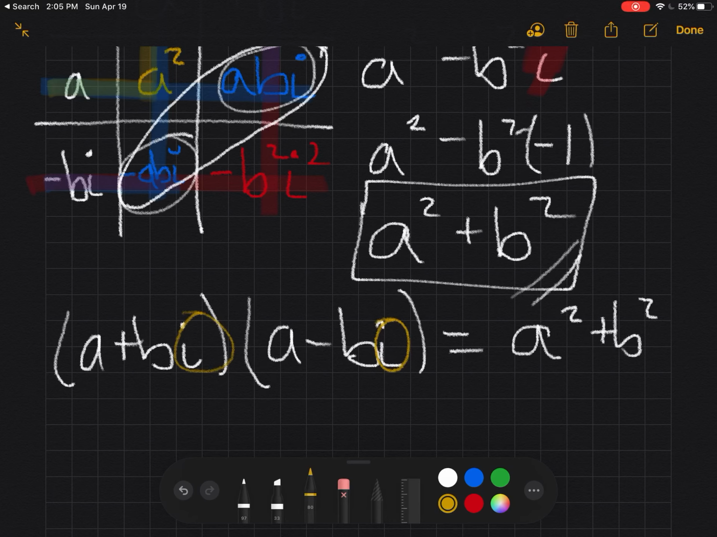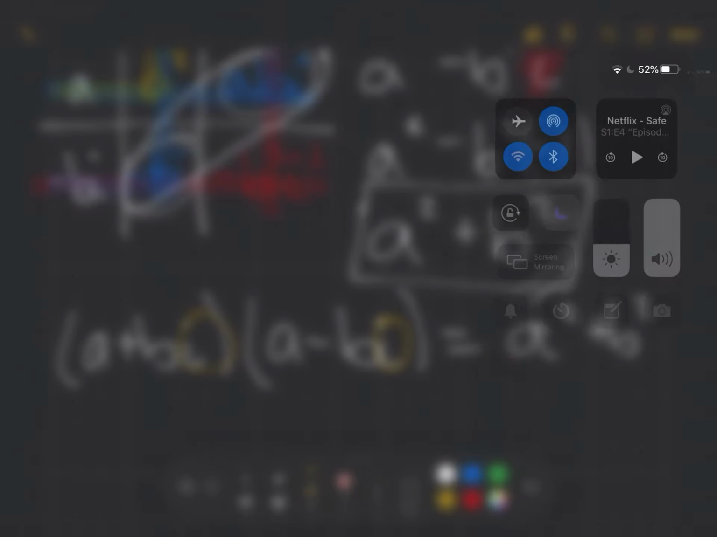So check it out. No more i's. Look what happened here. I took a complex number, A plus BI, and I multiplied it by its conjugate, A minus BI, and I got A squared plus B squared. The I totally got eliminated. So keep that in mind when you're working with complex